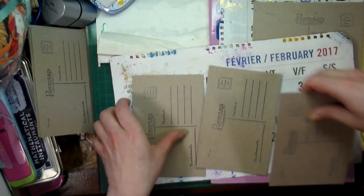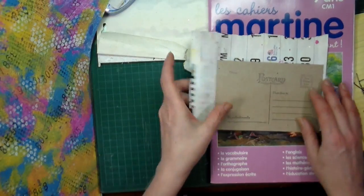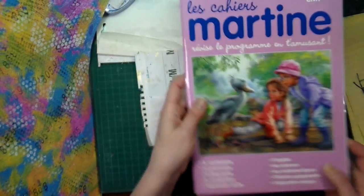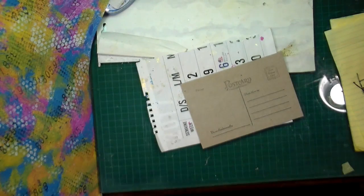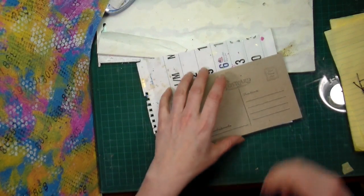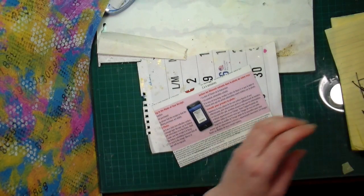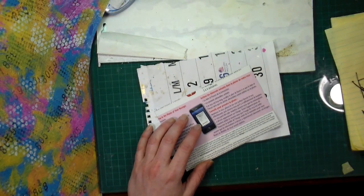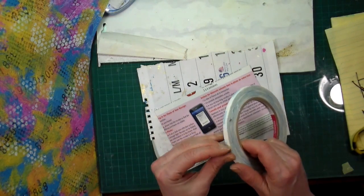Yeah, no problem. So that's perfect. And then I thought there was going to be some beautiful images in this book that we could use on this. So I figured I was going to flip through that with you guys once we had done this. So I'm only going to make 4 cards,